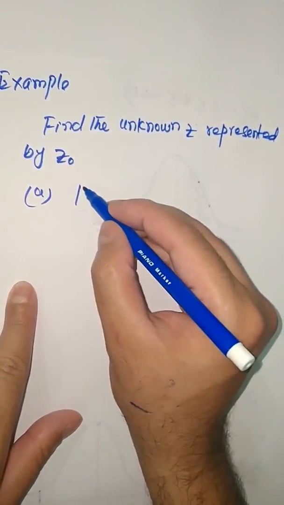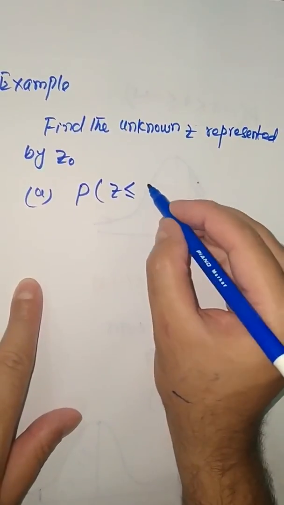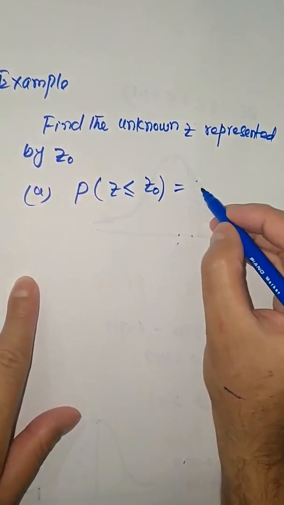In the first case, z is less than or equal to z naught, that is equal to